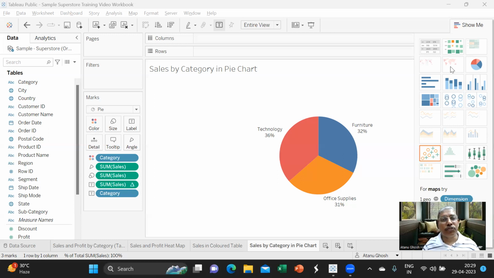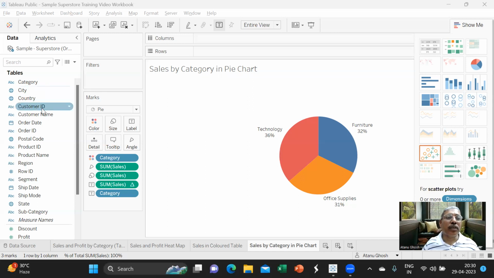Remember that in any geolocation chart, the dimension has to be a geographical entity. The other one is circle map, where geolocation is depicted by a circle, and the area of the circle can denote one measure, whereas the color of the circle can denote another measure. So in the circle map, I can depict two measures against any geographical dimension. Whereas in the field map, I can depict only one measure against a geographical dimension.